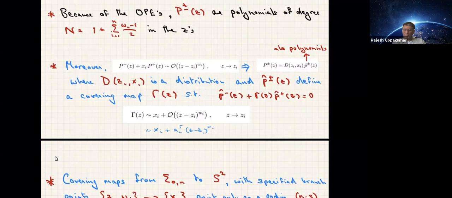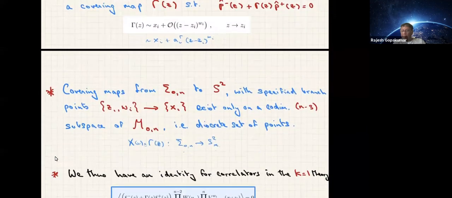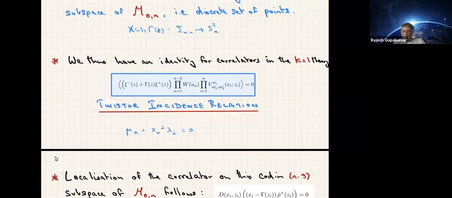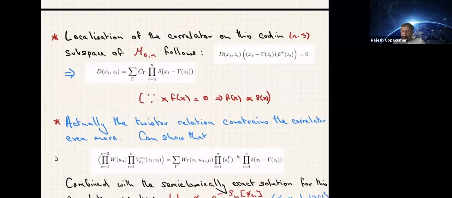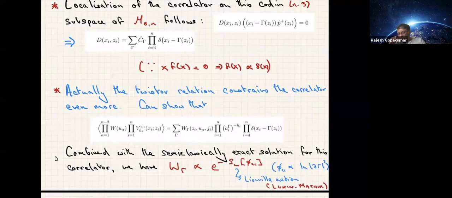So the A_i^γ are these coefficients. They depend on the x_i's and the w_i's in some complicated way, and you can show that that's what enters here, times some overall prefactor. There's another argument which I don't have time to go into, which uses a semi-classically exact solution, which tells you